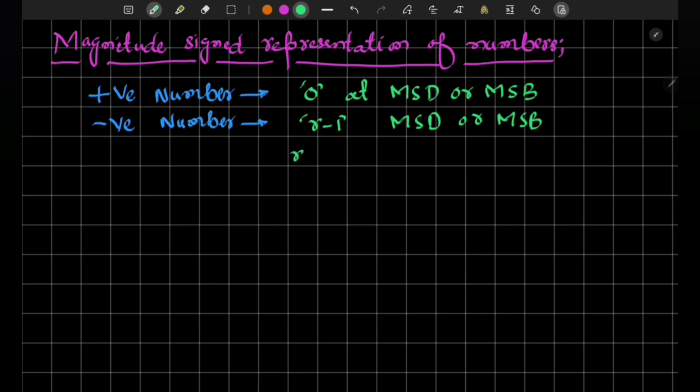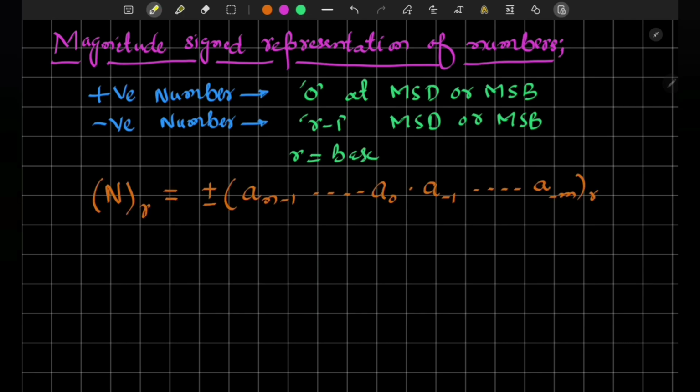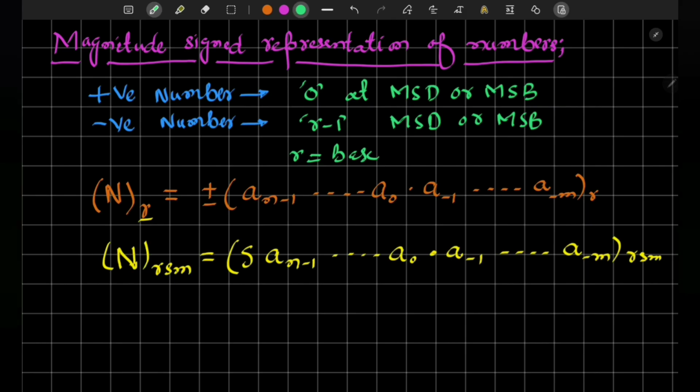Now what is this R? Again, I must reiterate that this is the base. Therefore, a signed number N in base R can be represented using magnitude signed representation as follows. Here in the subscript, you can see that SM means signed magnitude form, and this S is the sign digit, and this is equal to 0 if the number is positive, and equal to R minus 1 if